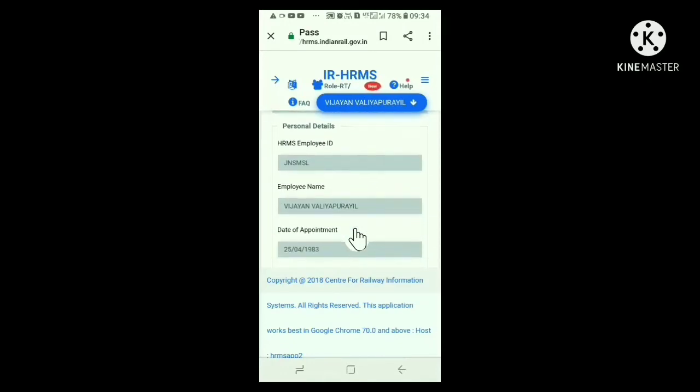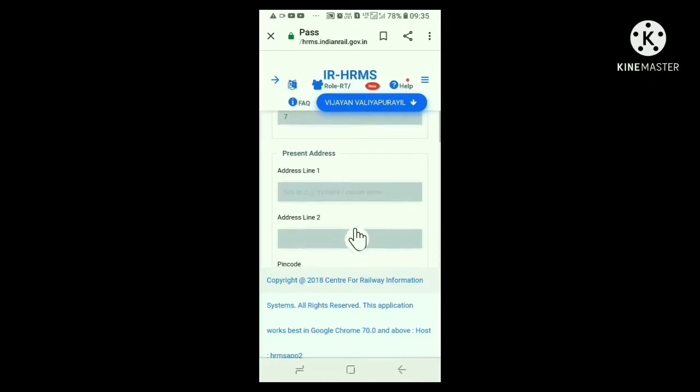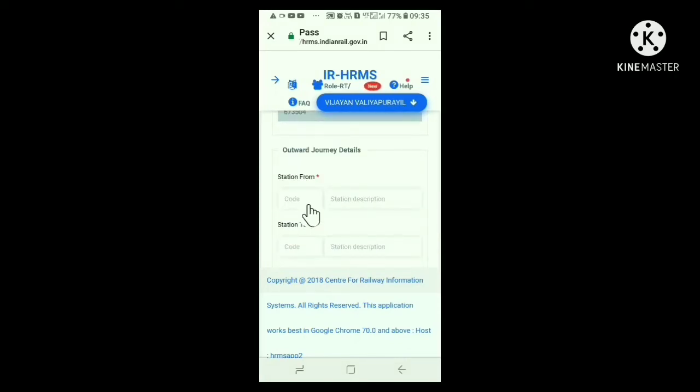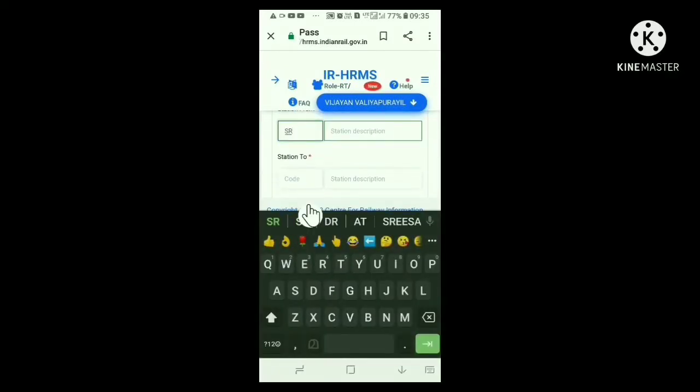Now scroll down. Our profile particulars are available here. Now when we come here, below there is outward journey details. Below that we have to give station from, station to, etc. Here for station from, in the box it is enough to give the code of the station. Then normally the station name will appear by the side of it. If the code is not known, we can write the station name. In the same way, we can fill station to also. Now, we are going to take a Sandragachi to Mangalore half set pass. When the code is correctly typed, the station name comes on the right side.